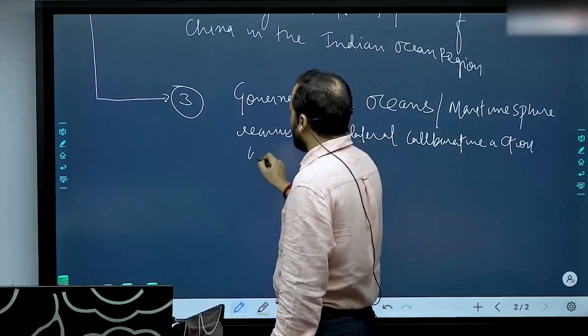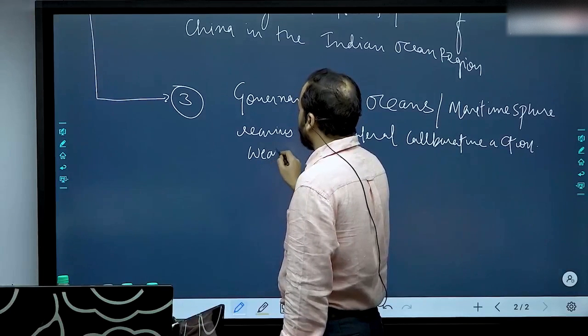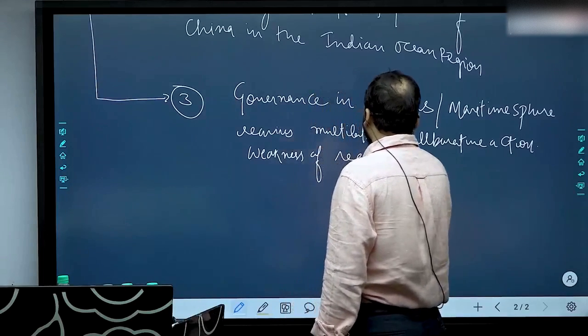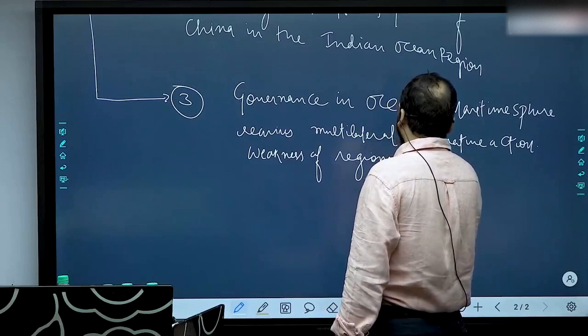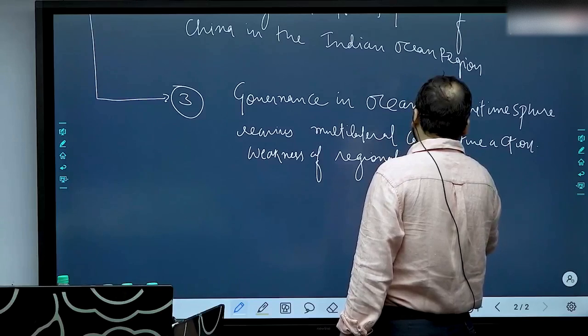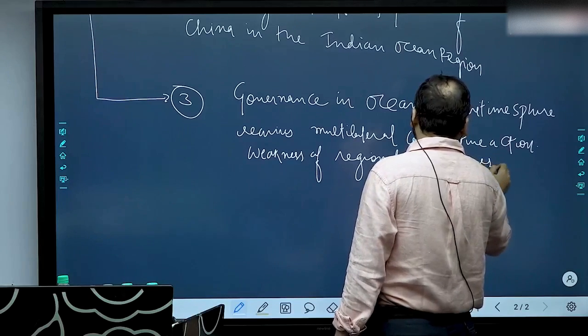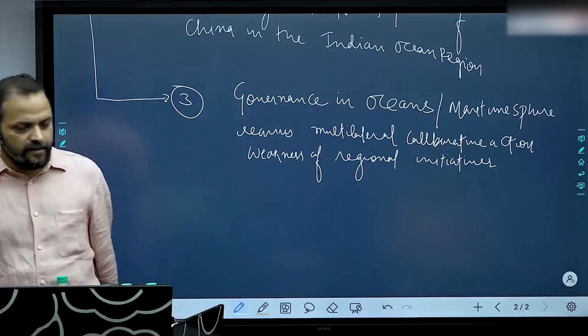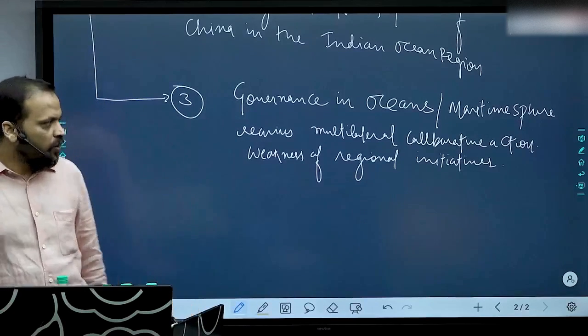So thereby another challenge that India would have to contend with is the weakness of regional initiatives, meaning India's own track record in leading regional initiatives is not very impressive, be it SAARC or BIMSTEC or